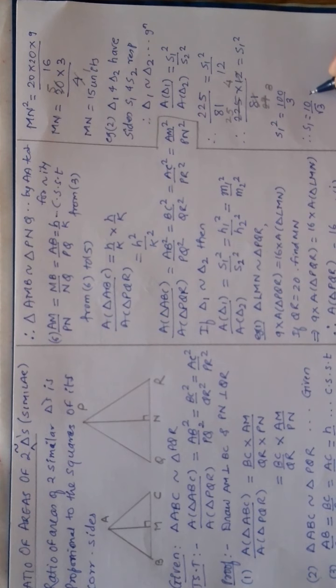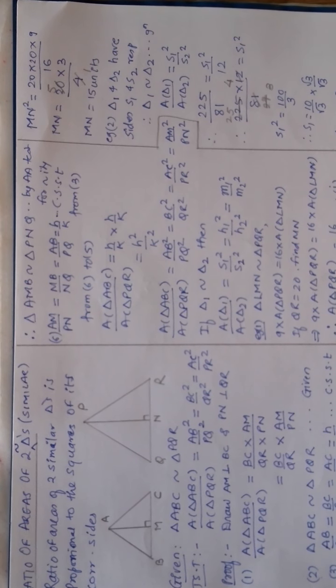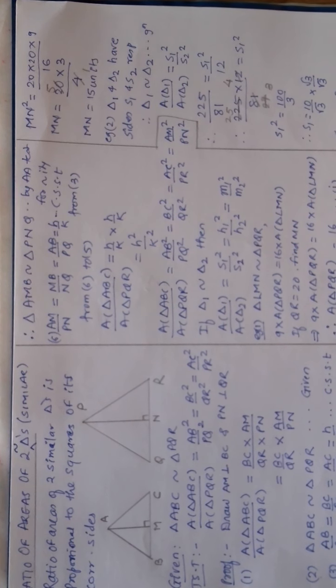So here you will multiply by root 3. So it becomes 3 in the denominator, and upstairs also by root 3. So your S1 becomes 10 root 3 by 3. Root 3 into 3 is root 9, that is equal to 3 centimeter, if the units are given, I think. Then you will write the last line, which I am not writing now, that is the side of bigger triangle is 10 root 3 by 3.